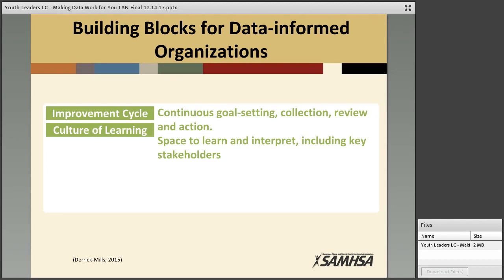And action might mean continuation of the program, advancing the program, or action might mean that maybe this isn't working out for us and we have to go back and improve on it. So it's just the last cycle of